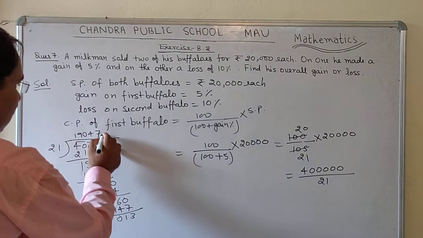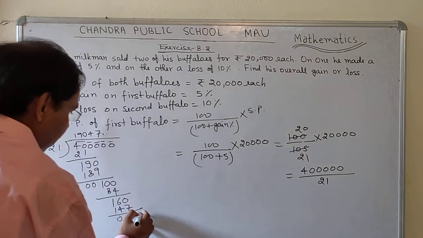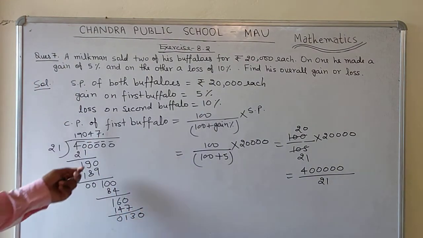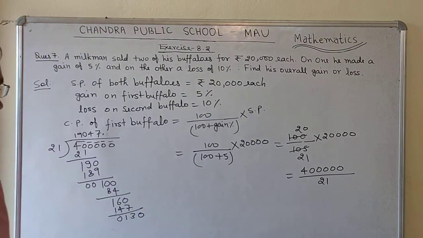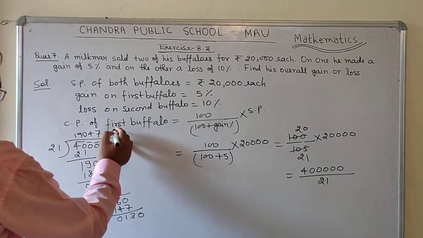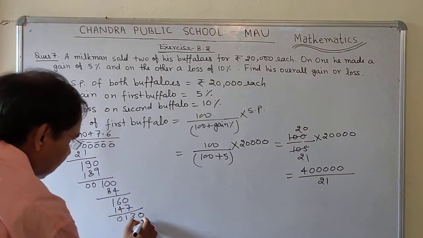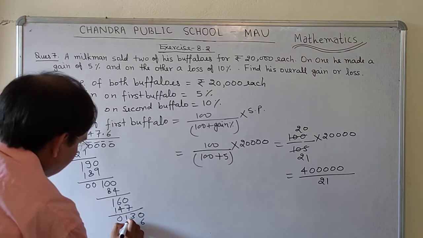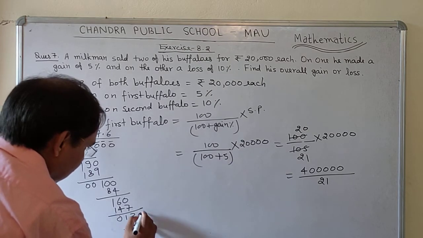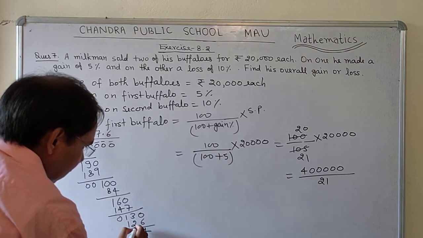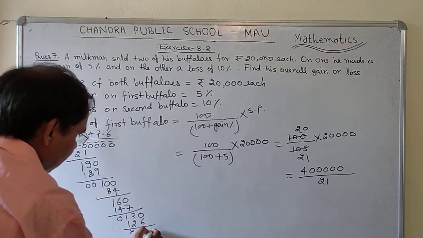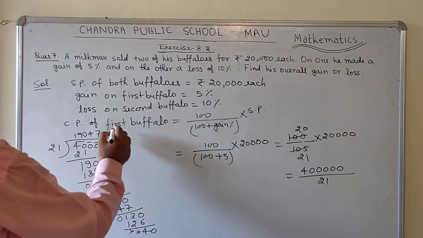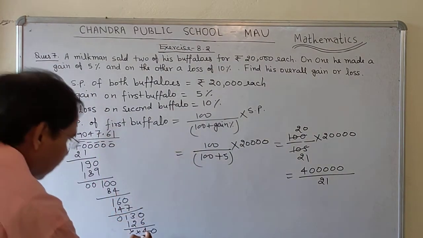Now there is no 0, so here you will put a decimal and you will put the next 0. So here how many times? 6 times. So 6 1 just 6, 6 2 just 12. Now here it is 4. And here it is cancelled. Again you will put 1 0. So 21. 3 7 21.